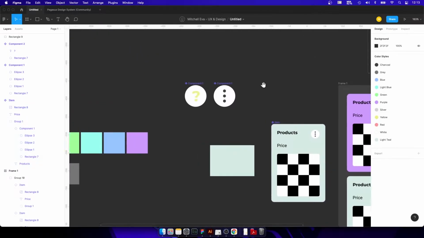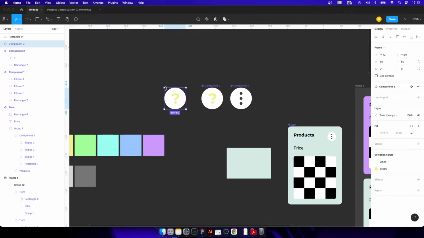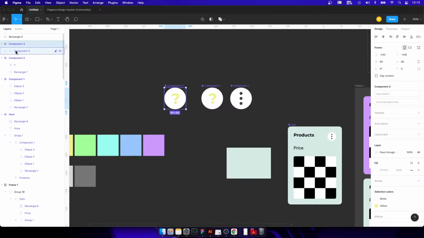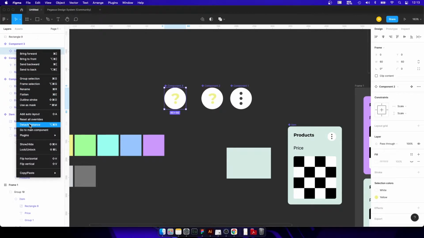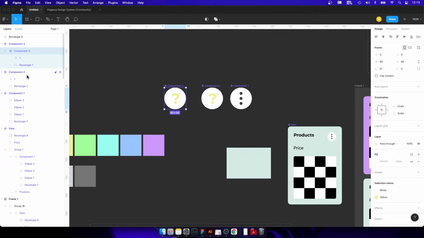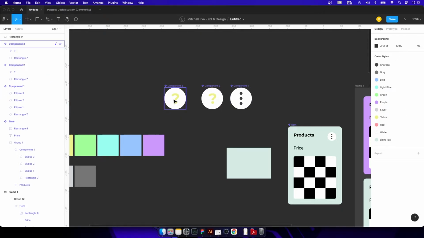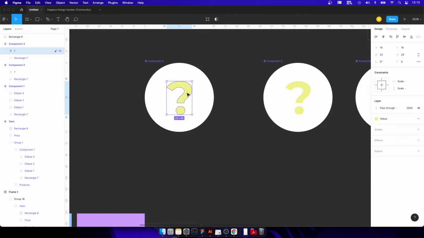Similarly, if we had a component 3, and you can tell that this is the worst way to name your components, but again, just an explanation, not a design. Let us say that we've got another thing here, and this is just